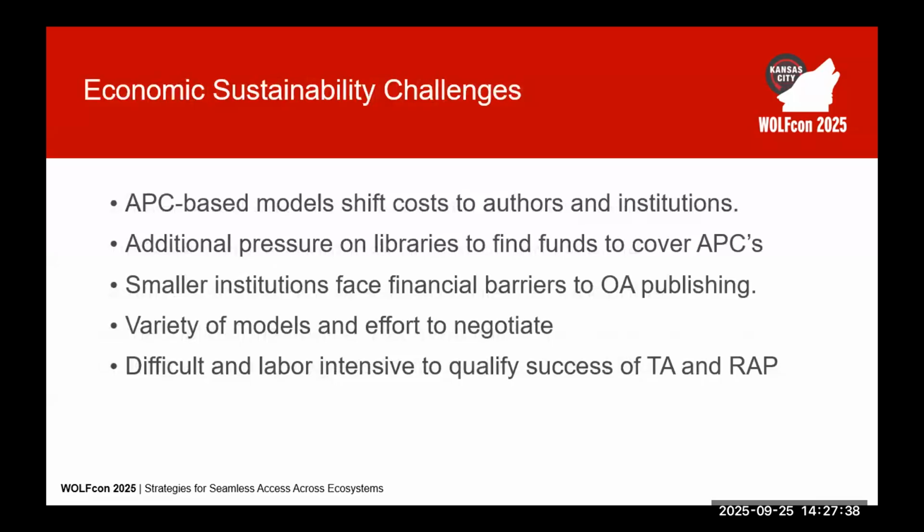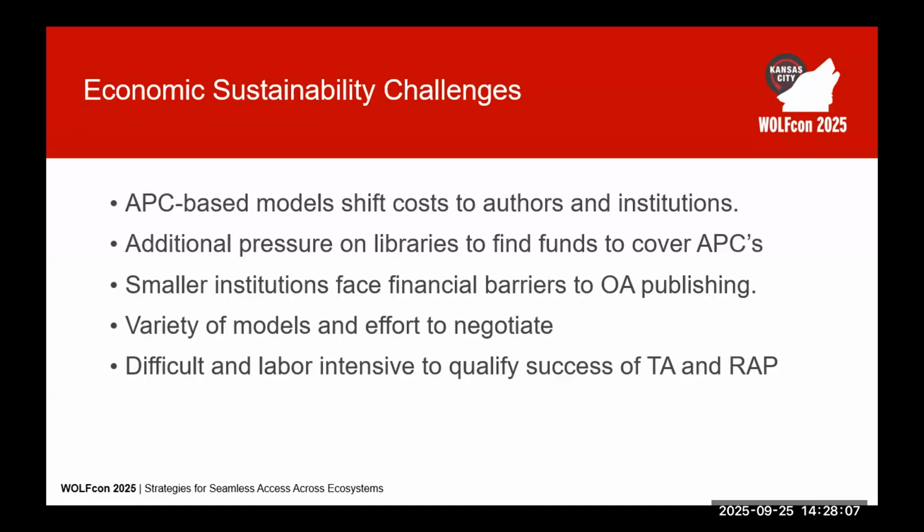There's also some growing concern that these article processing charge-based models might incentivize quantity over quality. So some publishers might prioritize revenue over rigor, and equity is also a major issue. There are researchers from developing nations and underfunded institutions that may struggle to come up with those article processing fees in ways that other institutions just don't have to deal with.